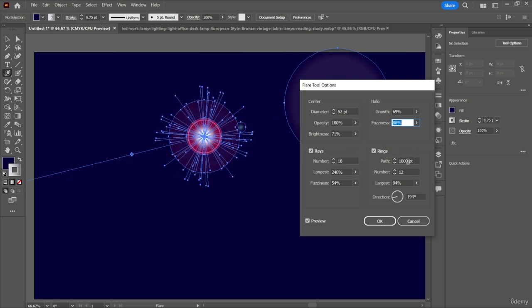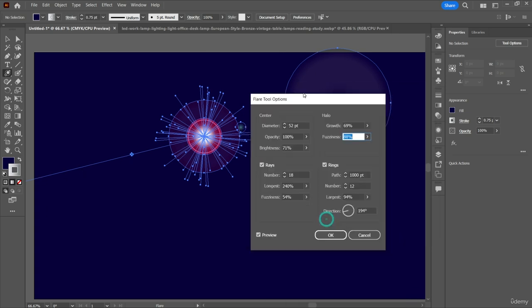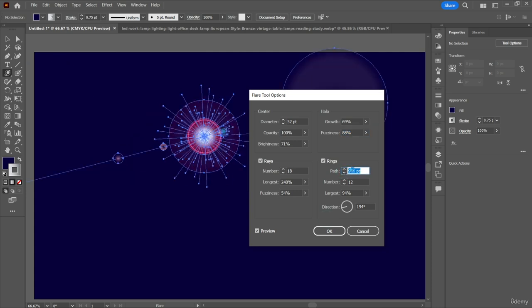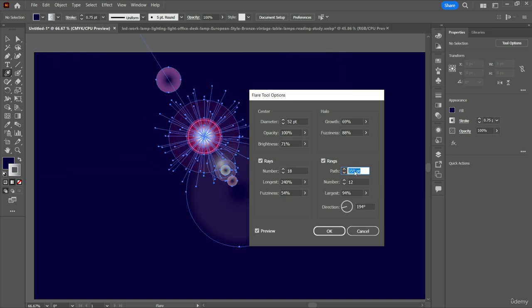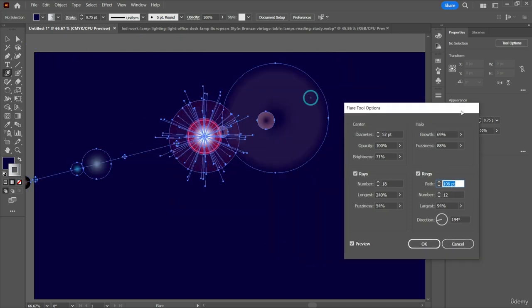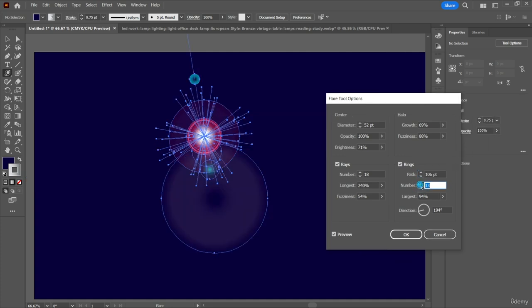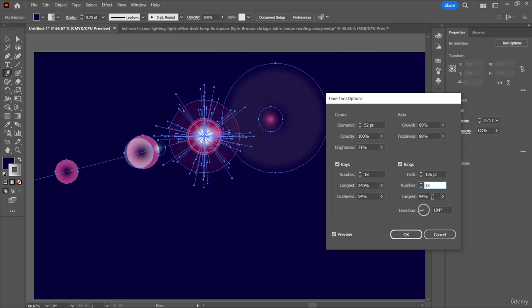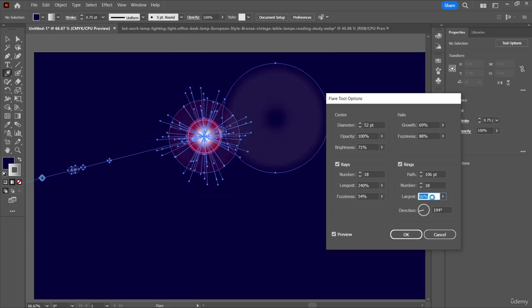After that we have the rings. The rings are basically these rings that you can see over here, the small rings. Now let's say I want their path to be a bit less. All right, now you can see that the rings are a bit closer to each other. And after that you can also select the number of rings that you want. Let's say I want 15. Then the largest over here will be 93 or 94%. Let's change it to